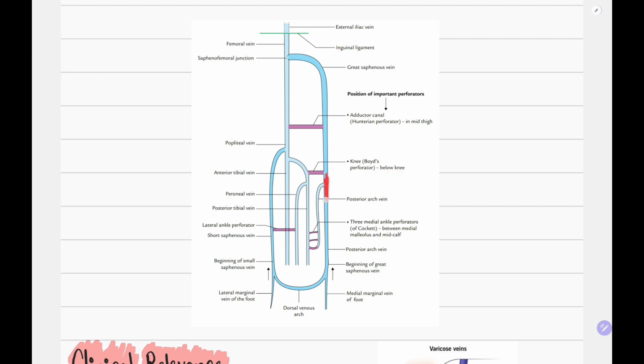The great saphenous vein also gives a branch known as the posterior arch vein. This posterior arch vein connects with the posterior tibial vein right here with the help of three perforators known as the three medial ankle perforators of Cockett, once again lying in between the medial malleolus and the mid calf. I'll show you a picture of this in a minute. And the peroneal vein, which is a branch of the posterior tibial vein, connects with the short saphenous vein with a lateral ankle perforator. So I'm showing you a picture of all these perforators